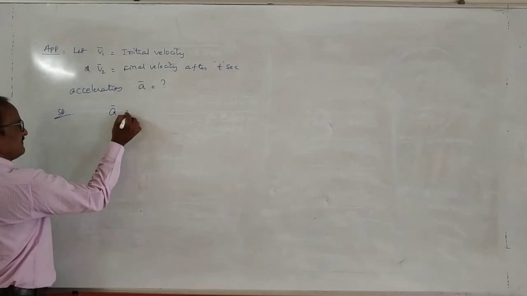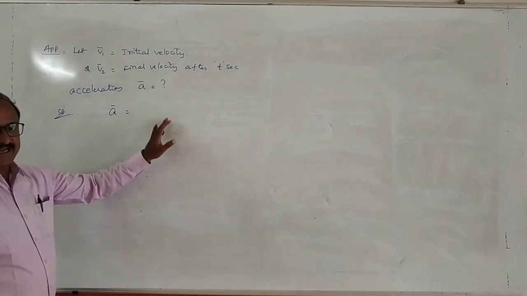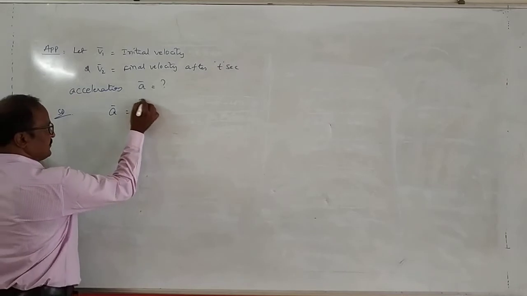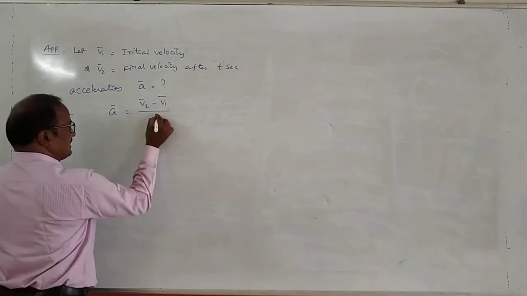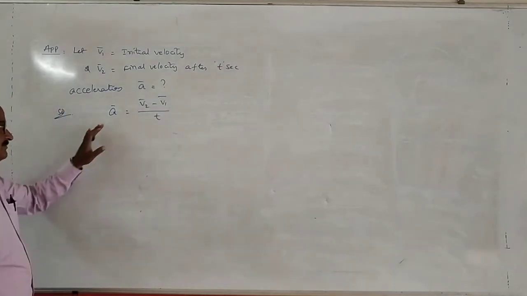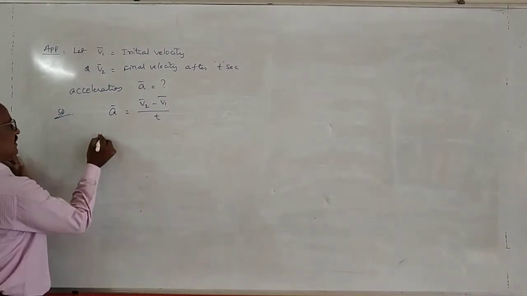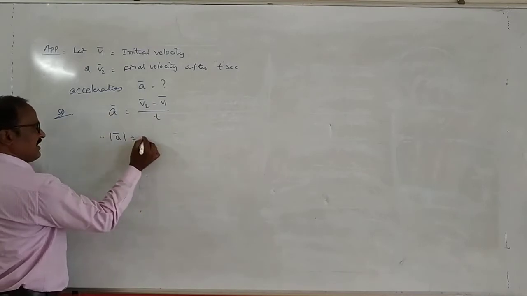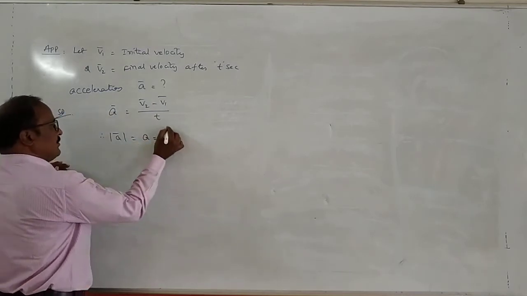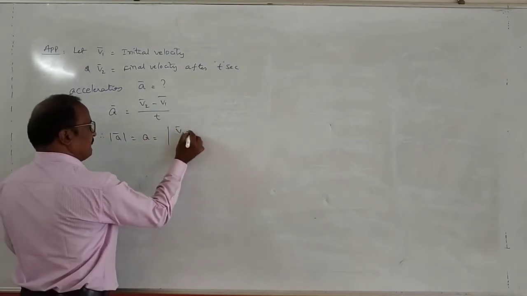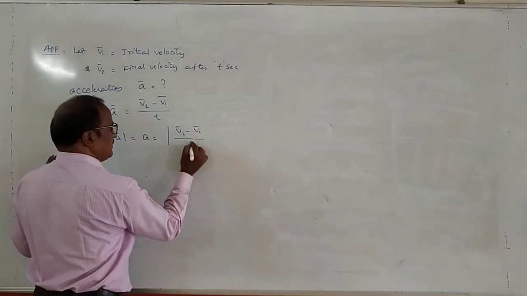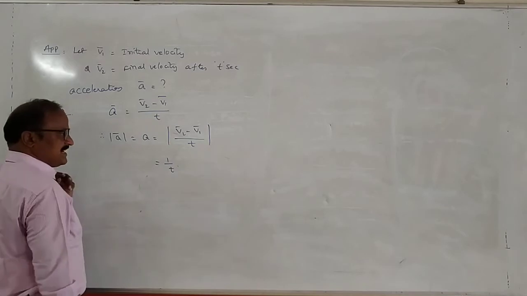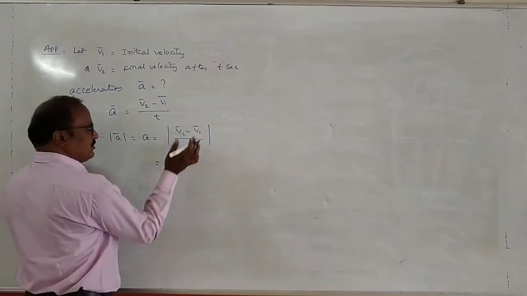Acceleration a bar is always equal to change in velocity by time. Change in velocity means v2 bar minus v1 bar by t. This is the formula for acceleration of the particle. For the magnitude of change in velocity, the magnitude of acceleration is equal to modulus of v2 bar minus v1 bar by t. Or, since t is a scalar, it is 1 by t into modulus of v2 bar minus v1 bar